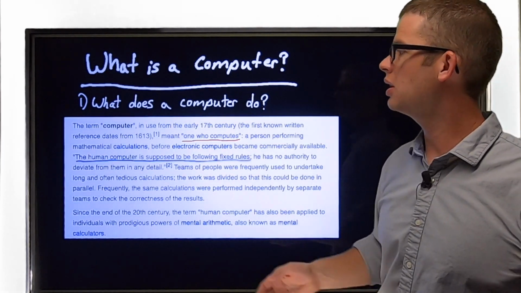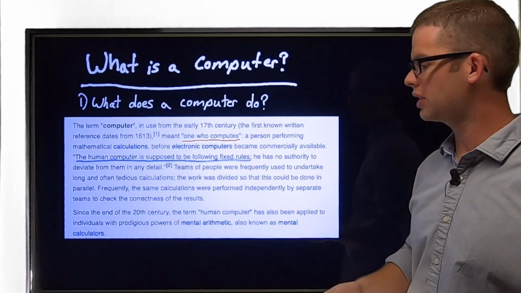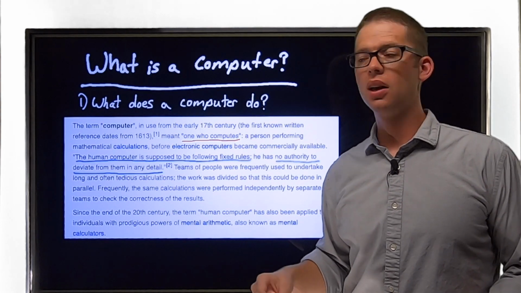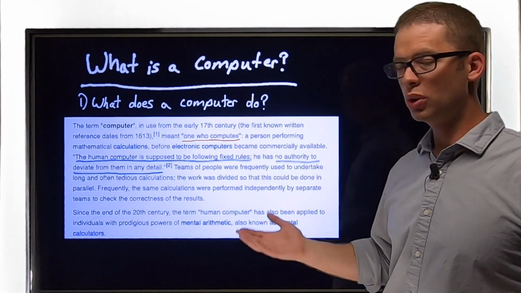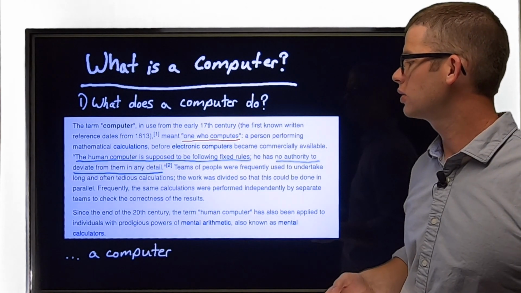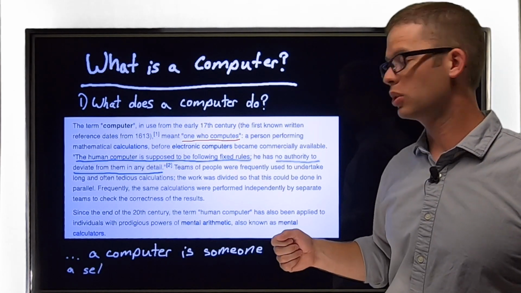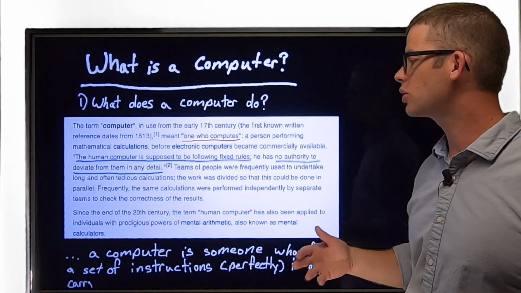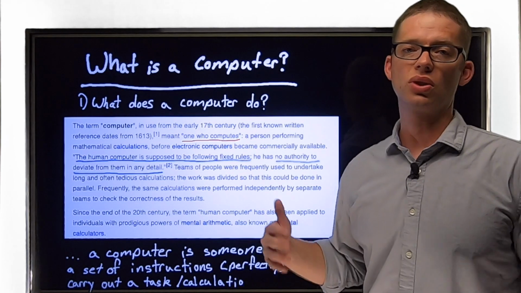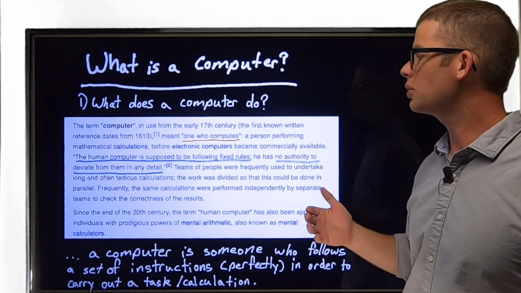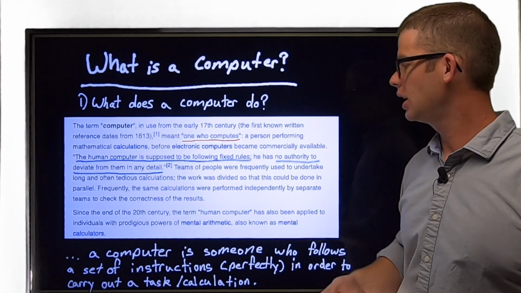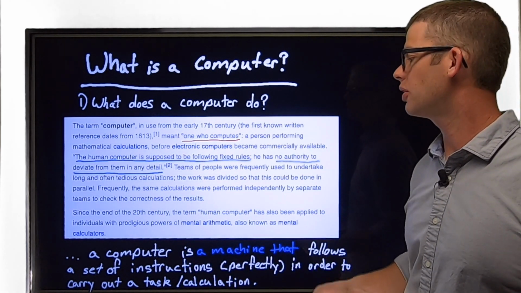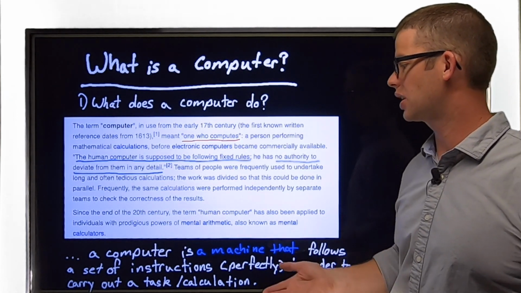And these people are described here as someone who's supposed to be following fixed rules with no authority to deviate from them in any detail. So a human computer then, or at the time simply computer, was someone who followed a set of instructions perfectly in order to carry out a task or calculation. So mapping this forward to modern computers, we could modify this sentence to say simply that a computer is a machine that follows a set of instructions perfectly in order to carry out a task